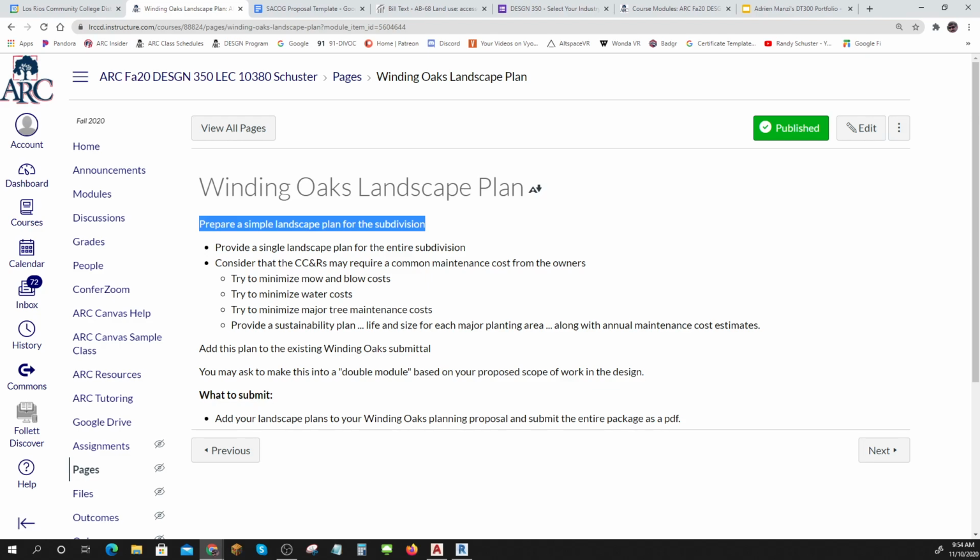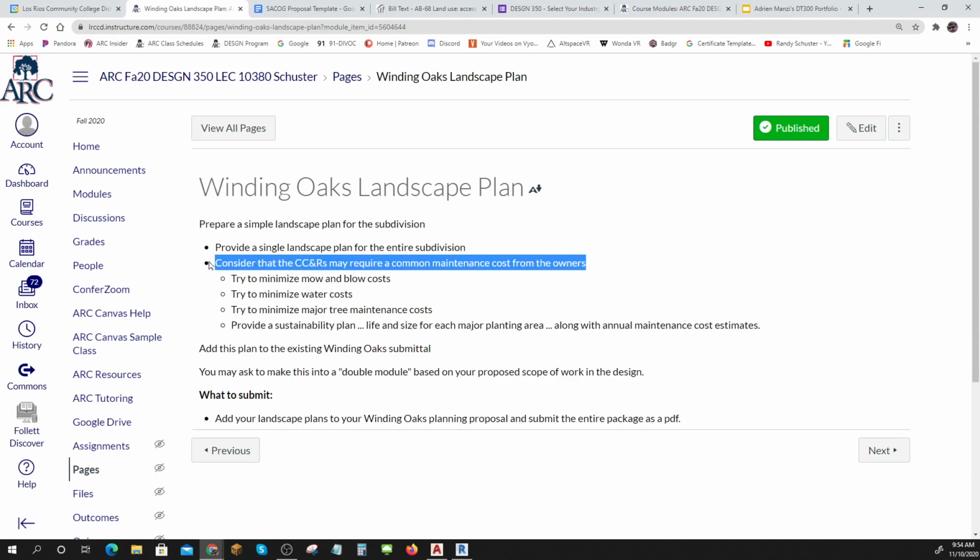But there's going to be CC&Rs required then, because then it's like, can you plant an 80-foot tree in your backyard? What can you plant? How do you plant? When do you plant? Who gets to plant? These are all parts of CC&Rs, and you don't have to write this. Well, you may. Your final exam might be writing the CC&Rs for what you've done,